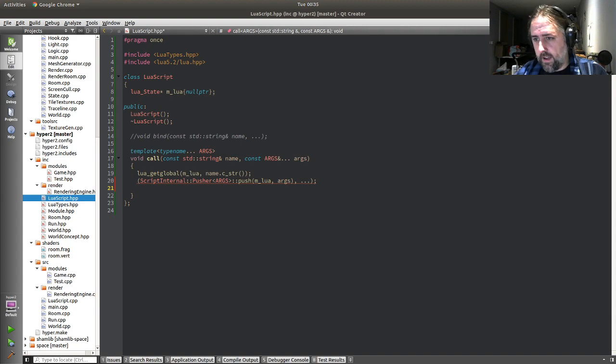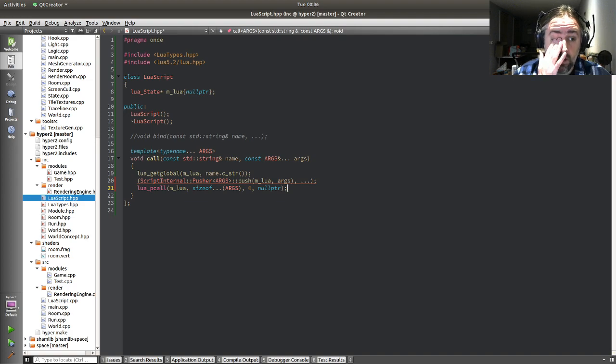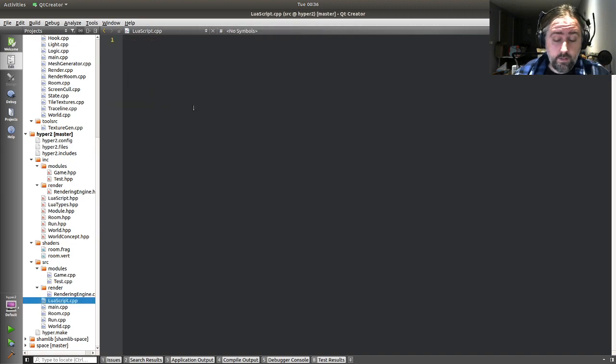Then I'm going to call lua_pcall into mlua. sizeof...(args) will tell me how many arguments there are, how many results, 0, error handler, nullptr. Yeah, that's right. Okay. I haven't even started on the CPP file, but that's going to be real easy because it's just a constructor and destructor,